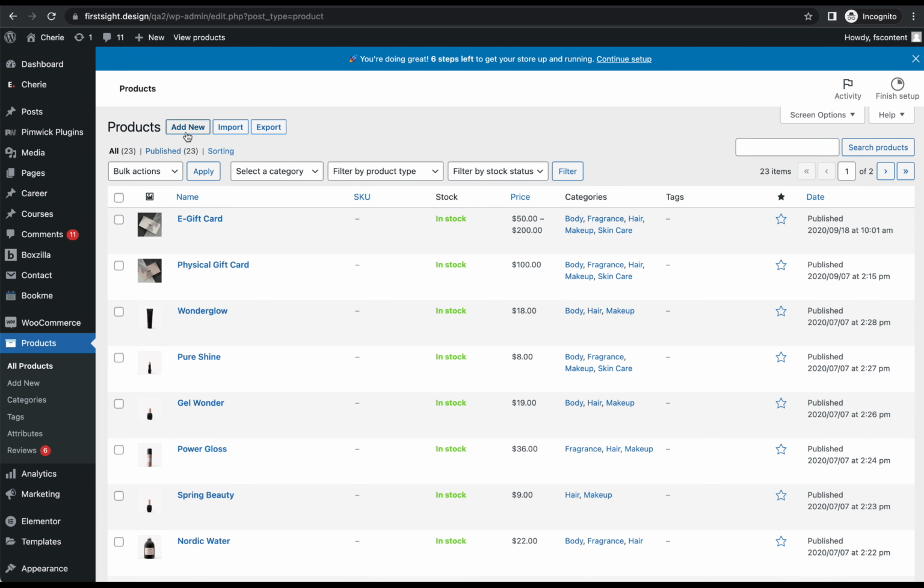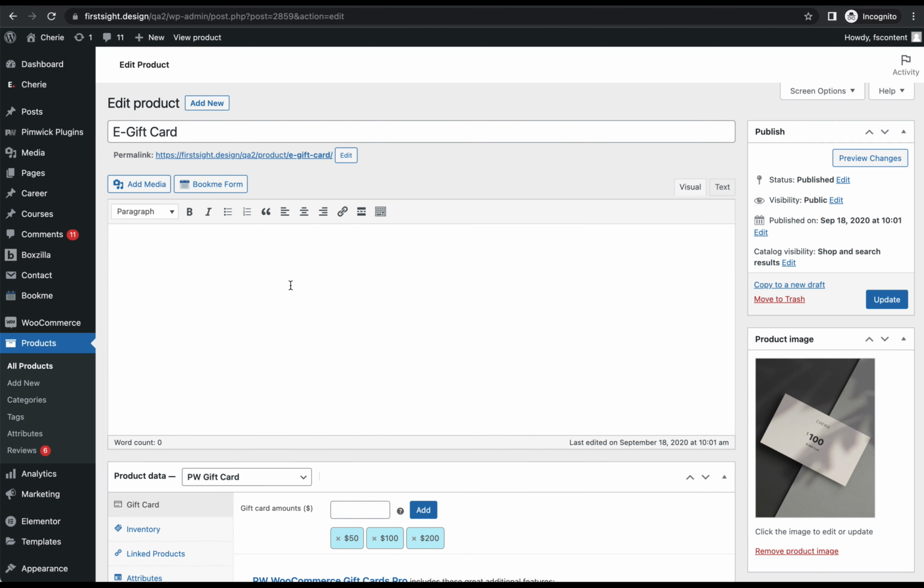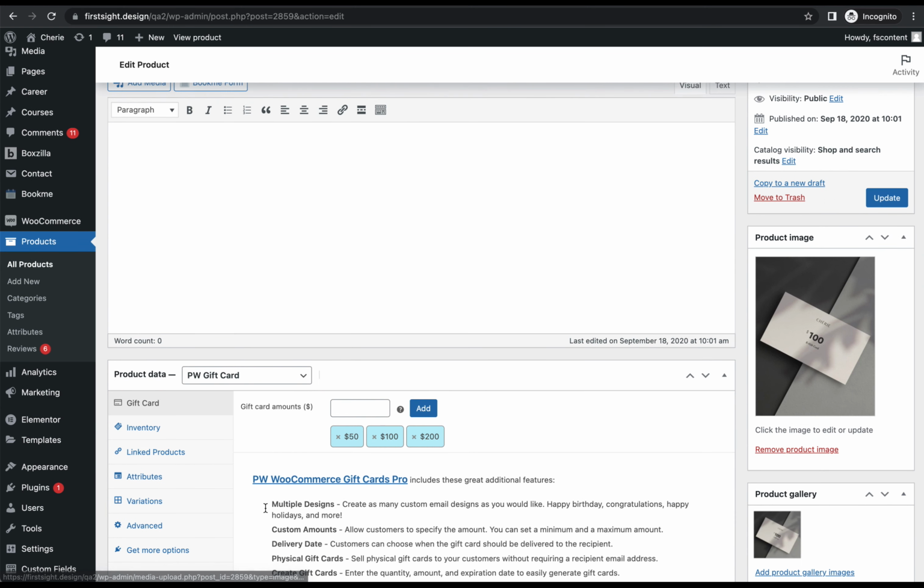From this list you can add a new product by clicking on Add New, and you'll open the same edit page we've already seen, and you'll need to add all the information about your product to show it in the catalog. So here you can see that there are gift cards, and there is an electronic gift card. Let's take a look how this product works. So there is a title, there is a product image, and we can see that